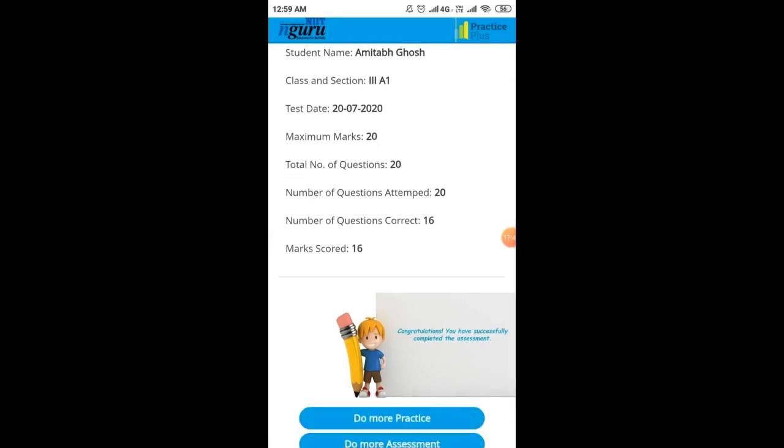Because all the questions are of 1 mark, it is showing 16 marks. So my 4 answers were wrong. So this is how you have to complete the test.